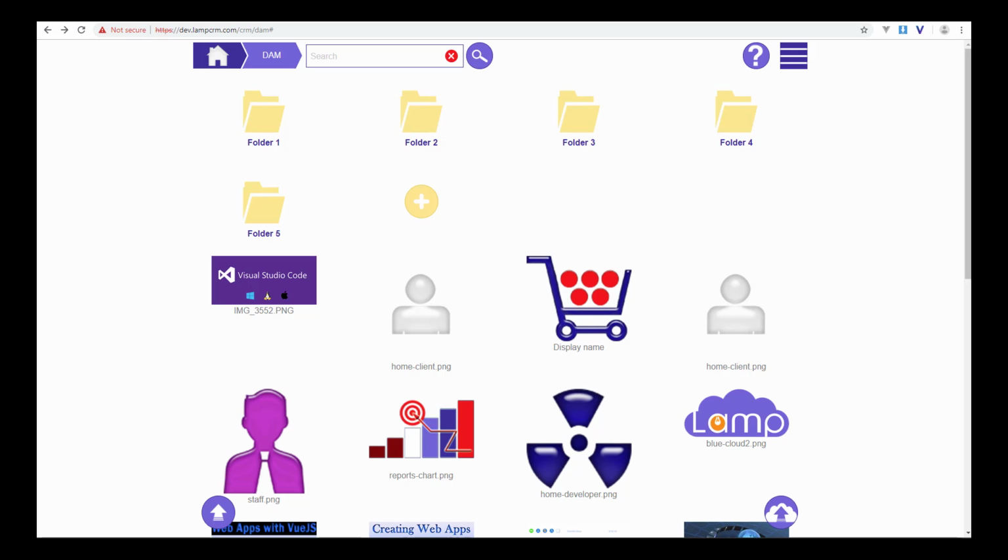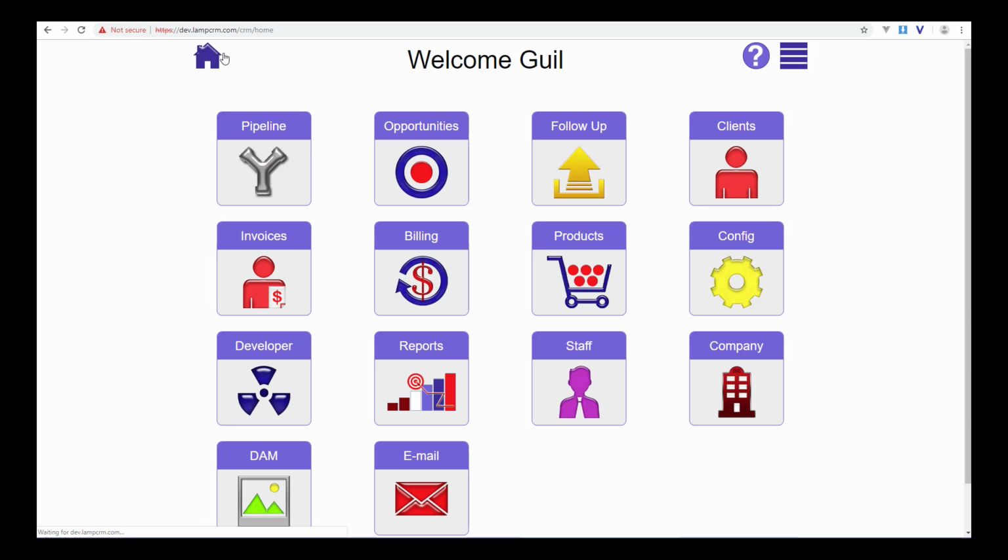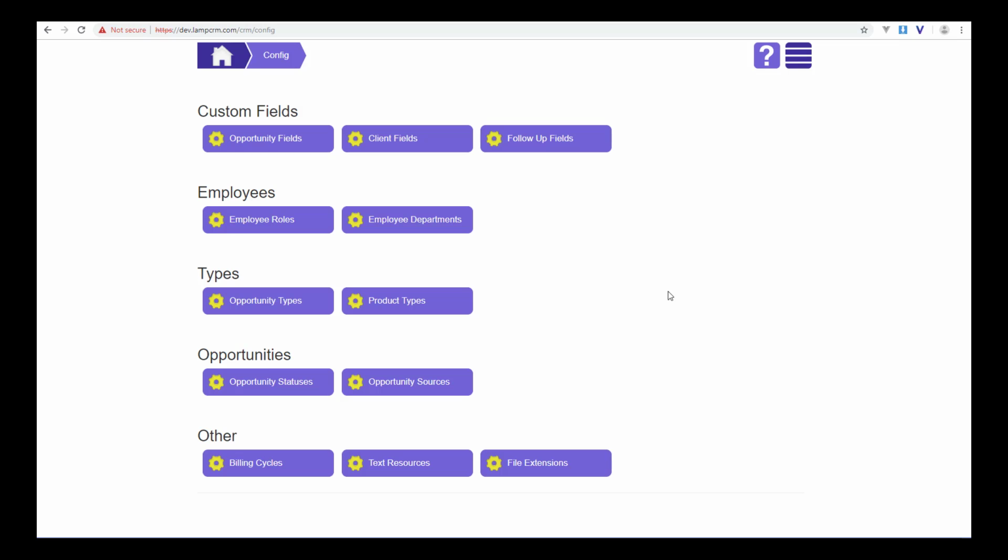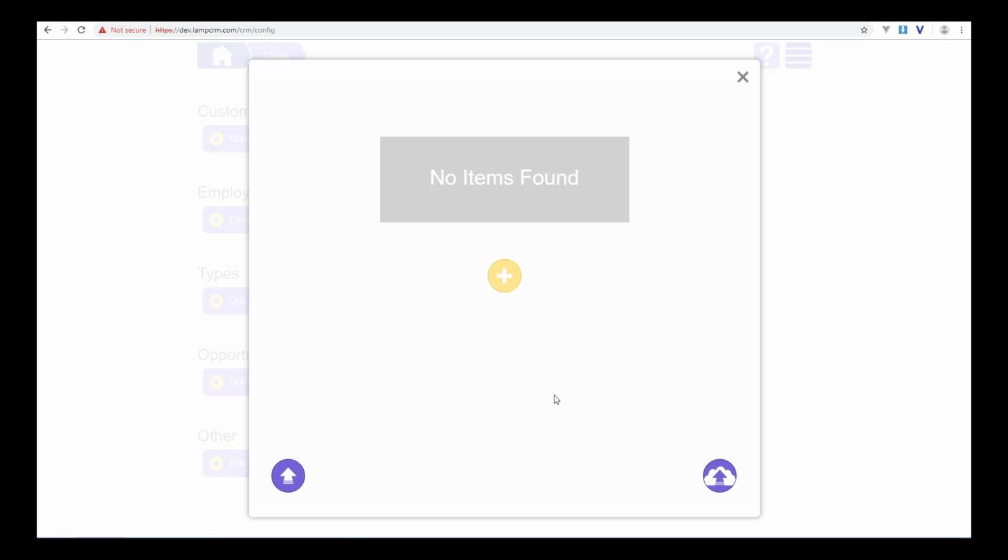Now, this topic is more of an administrative topic, as there is some configuration to do before we can support other file types. So, firstly, you need to go back to the front page, go to config, then go to file extensions. Now, when I'm talking about file extensions, I'm talking about .png, for example, which is an image file,